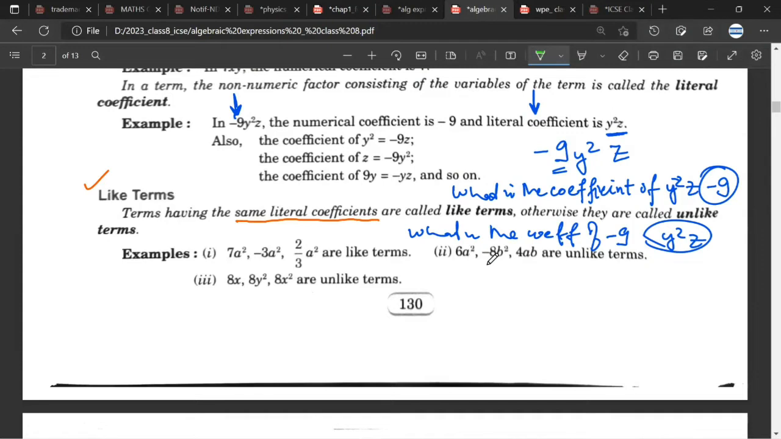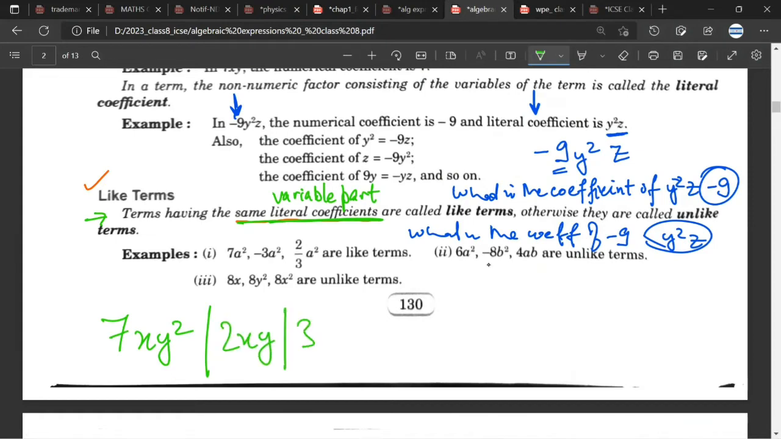So let us try to understand what are like terms. First we'll see the definition. The terms having same literal coefficients. Basically, the variable part should be the same. So for example, if I have something like 7xy square,